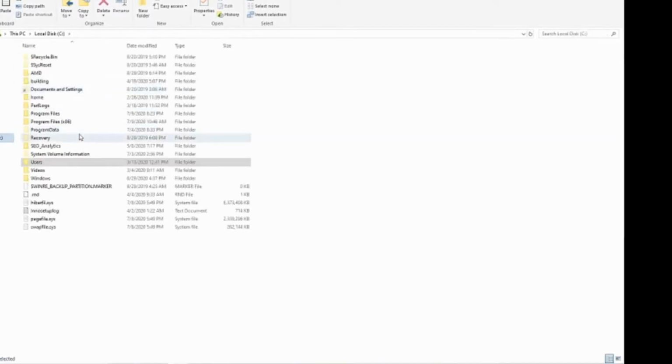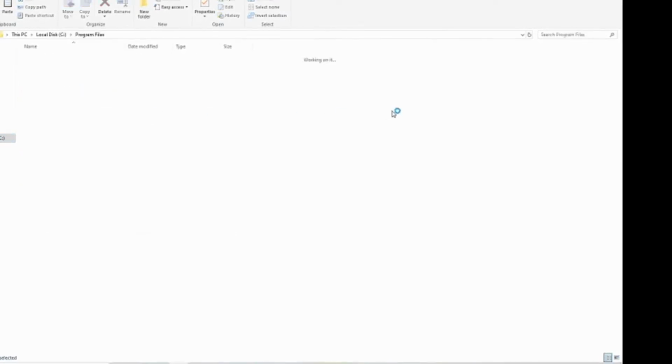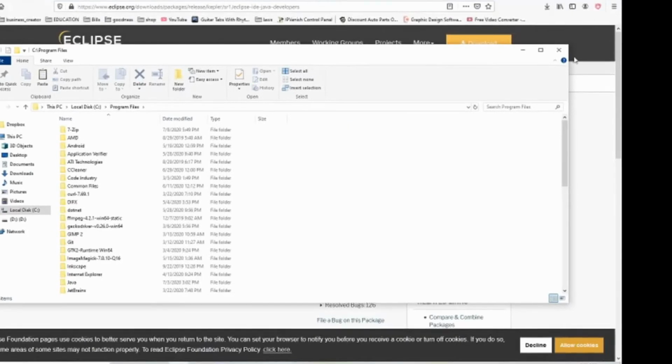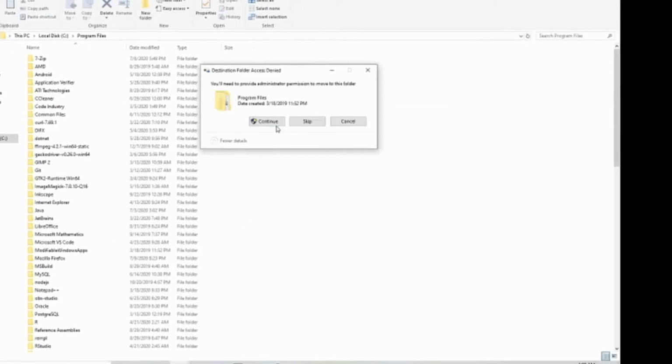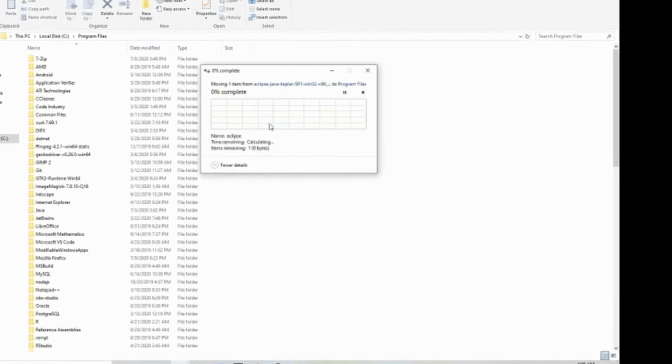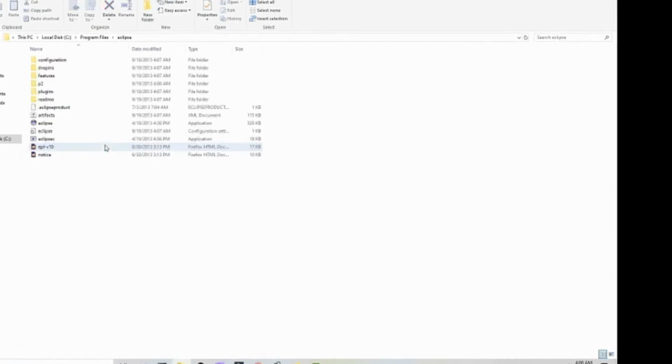More than likely you want it under program files. Okay, and then just go ahead and paste it in here. Click on continue. Okay, now once it's in here, the only thing you want to go ahead and do is